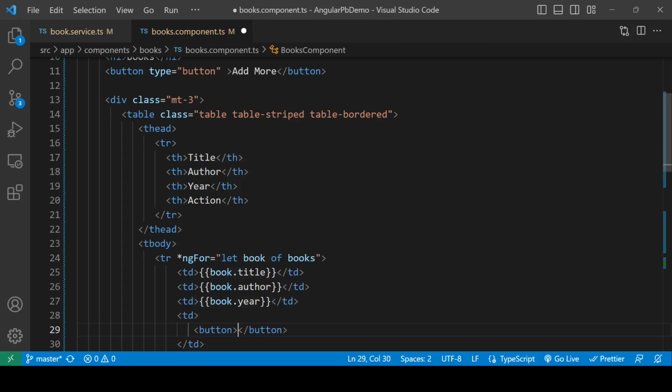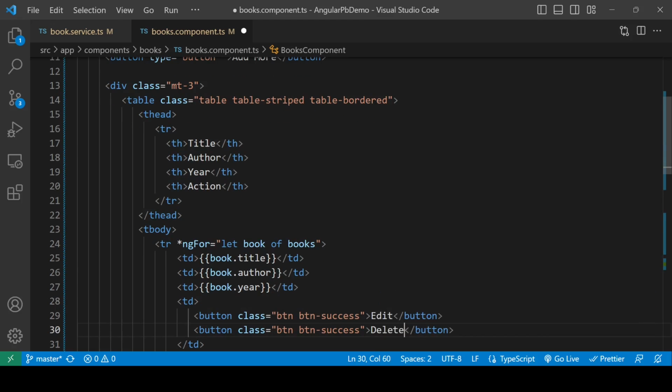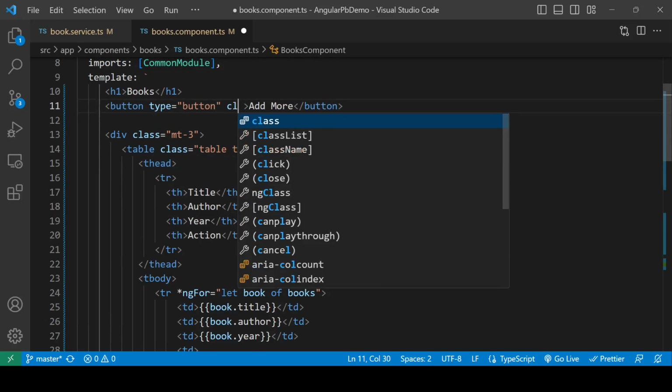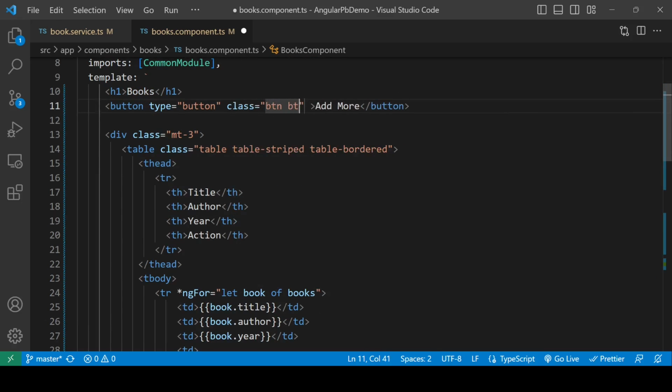So just type here button dot btn success. Okay, and let's name it edit, let's name it delete, let's name it danger, and here we will define some class also. Class equals to btn info, and here we will define routerLink equals to